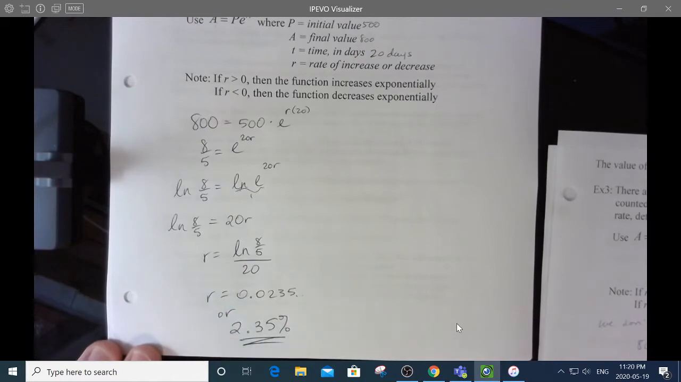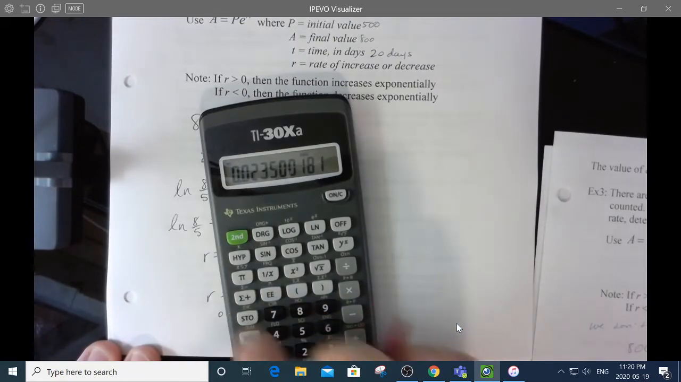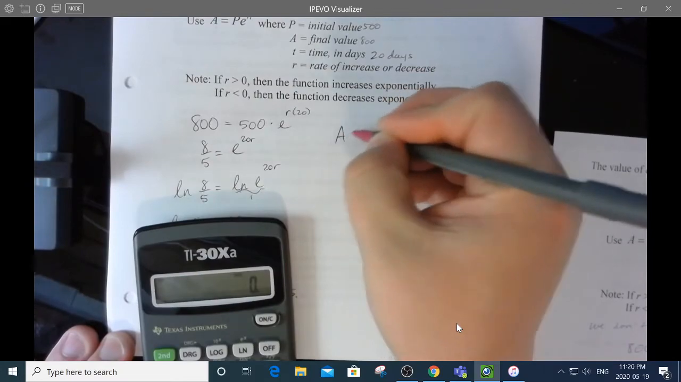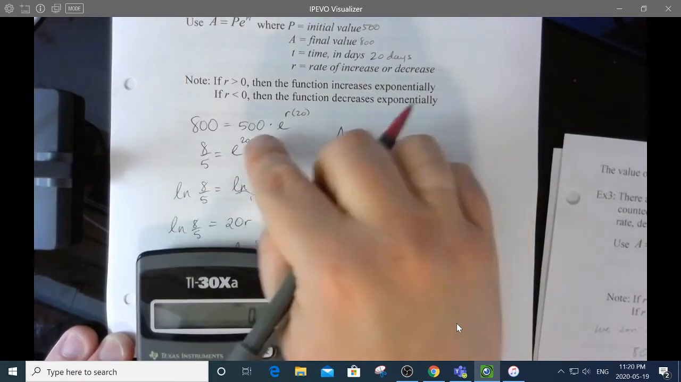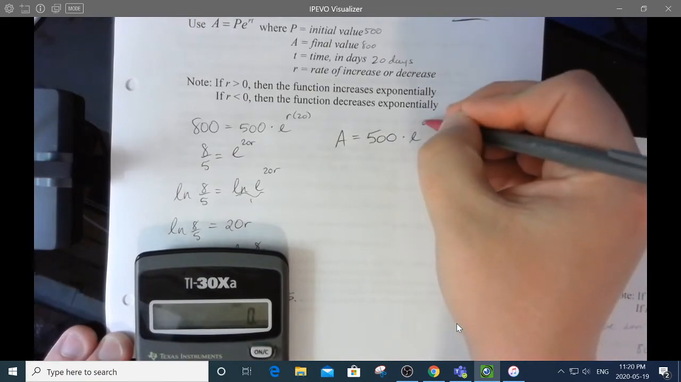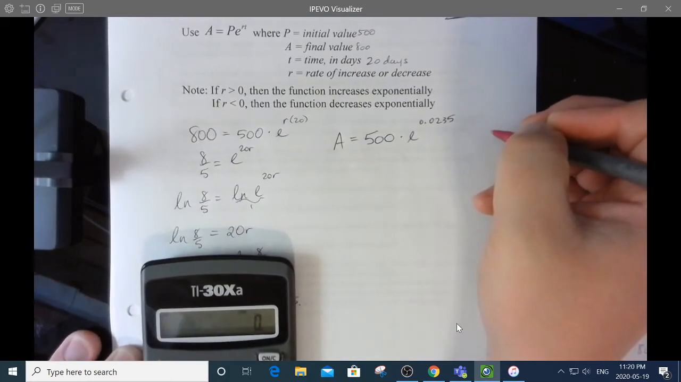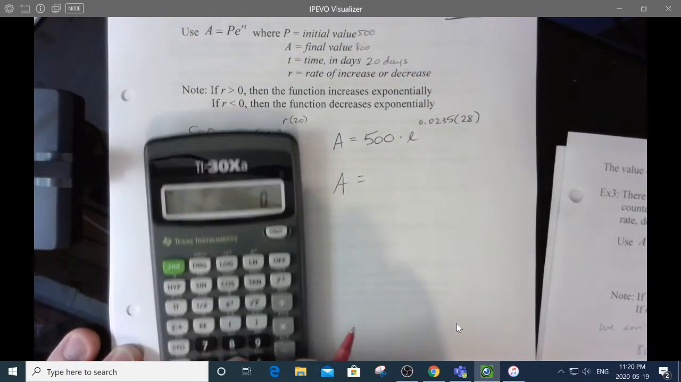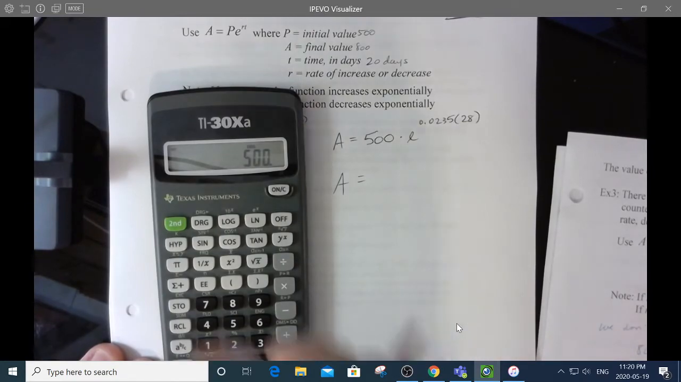Okay, so now that I know R, and I'm not going to erase that number. In fact, why don't I store it? I will store it in memory 1. There we go. Now, let's use the formula again because we want to find out how many mice there'll be on June the 28th. So A is equal to, so now that 500 is my starting point, E, and now I know R is 0.0235. Remember, you got to go back to a decimal. You can't put percents in your formula. And I know that T is 28, so that's 500 times, and again, to find E, I just have to go inverse